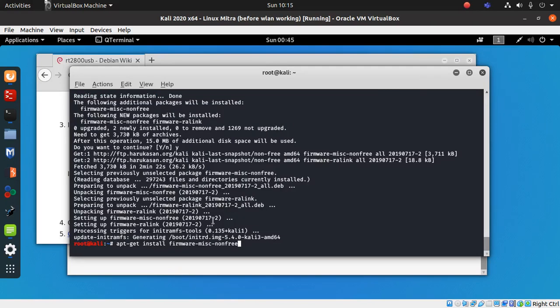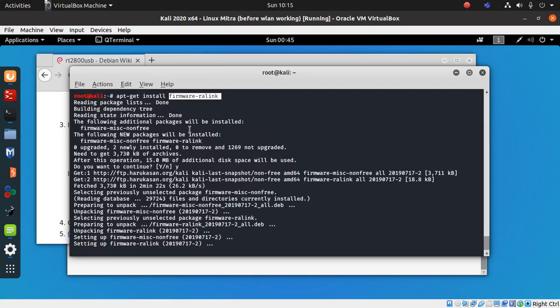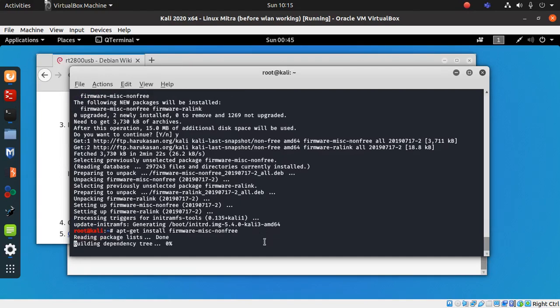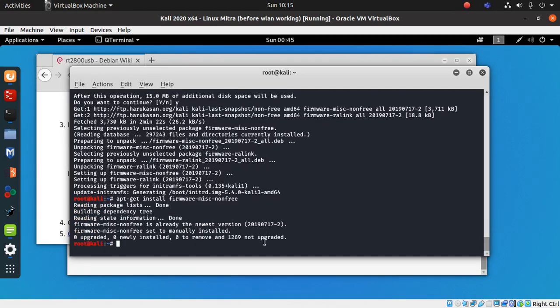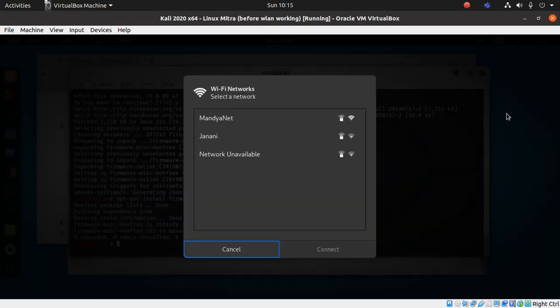Now that the installation is over, the firmware-ralink is installed. Now I have to install miscellaneous packages. I'll click on install. That is done. Now let's see if I get the network back. I see the connections, select network. Here you go. You can see all the networks that are available and you can select whichever network you want